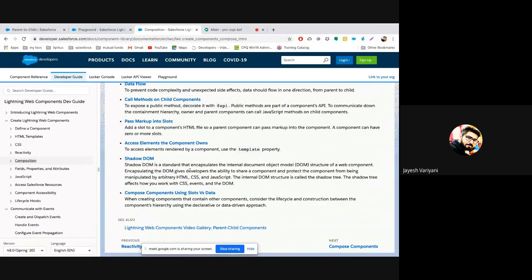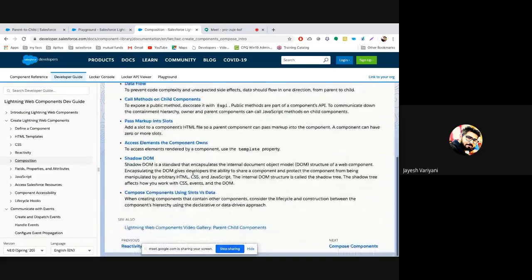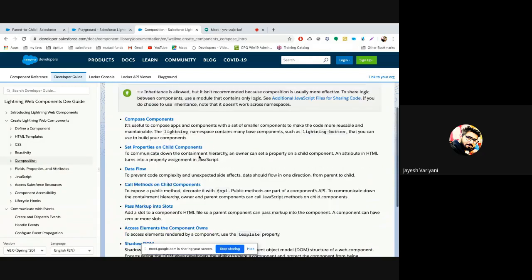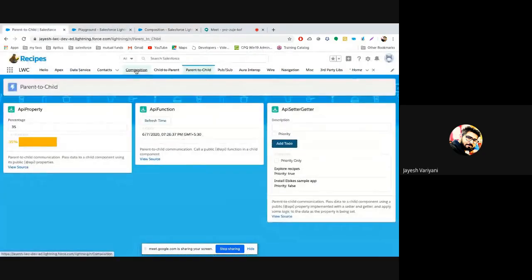So composition not only helps in modularizing things, but also helps in advanced topics. For slots, to give you some idea, it is used to pass markup. The HTML markup you can pass to your child, or to the parent from the child. So composition is a concept, but we will try to see one demo as well.